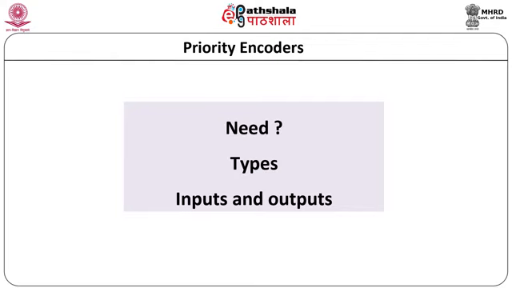Standard encoders generate the wrong output code when there is more than one input present at logic 1. This is one of the major disadvantages of the linear encoders. One of the simplest ways to overcome this problem is to prioritize the inputs. If there is more than one input at logic 1, then the code corresponding to the highest designated priority is produced, and all other inputs with lower priority will be ignored. This type of encoder is known as priority encoder.